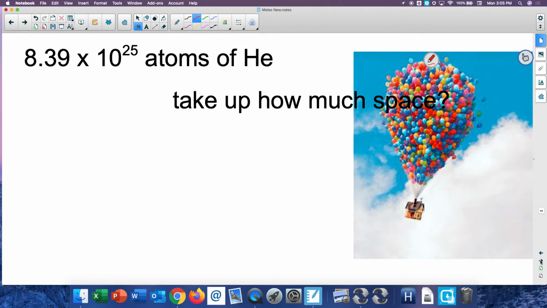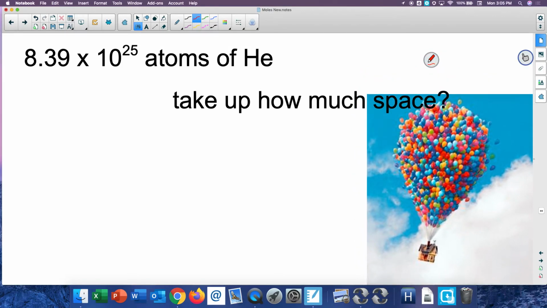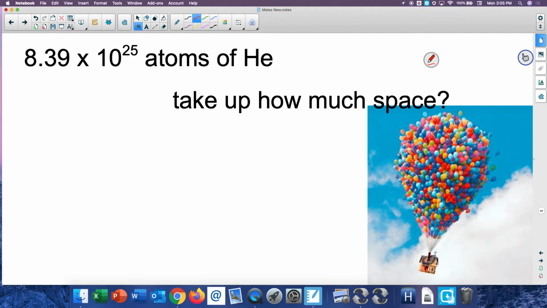I think you have to make it into moles. So, what do I have to do first in order to do this problem? 8.39 times 10 to the 25th divided by 6.02 times 10 to the 23rd. Correct. In order to get this problem started, in order to do the volume part of it, I first have